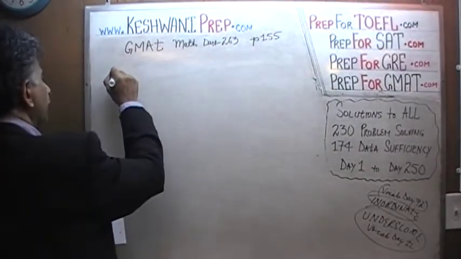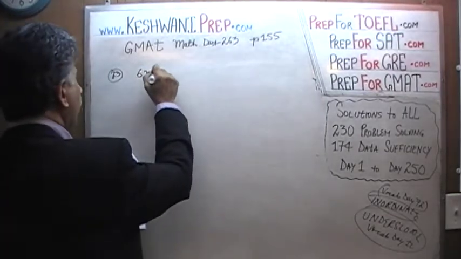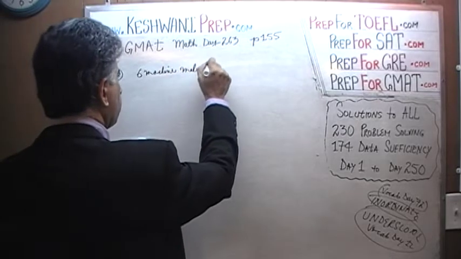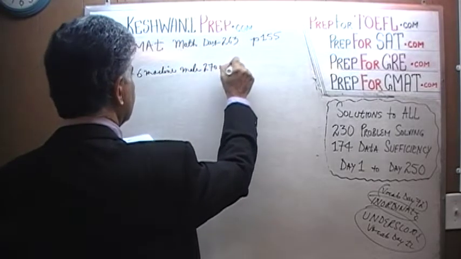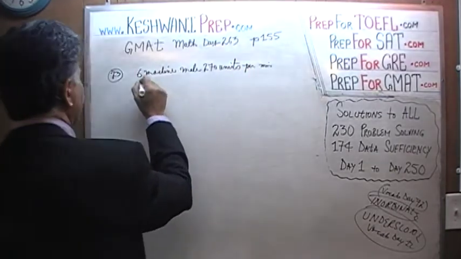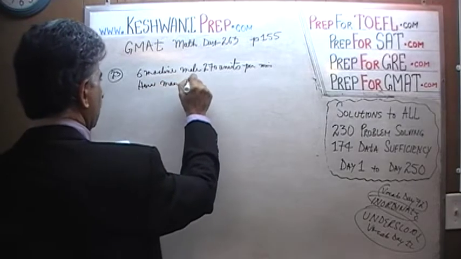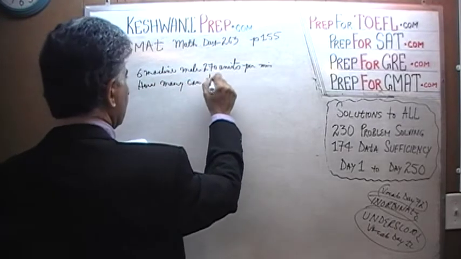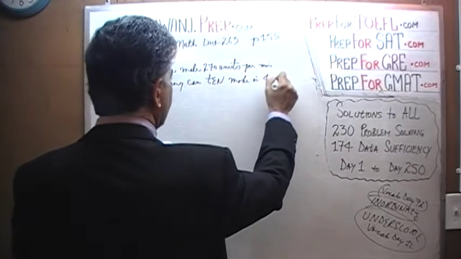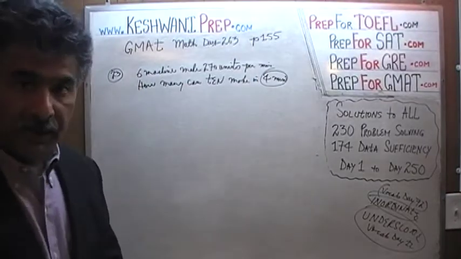In number 23, we are told that we have 6 machines that make 270 units per minute. Question is, how many can 10 make in 4 minutes? So the first thing we need to notice is that the array that is given to us